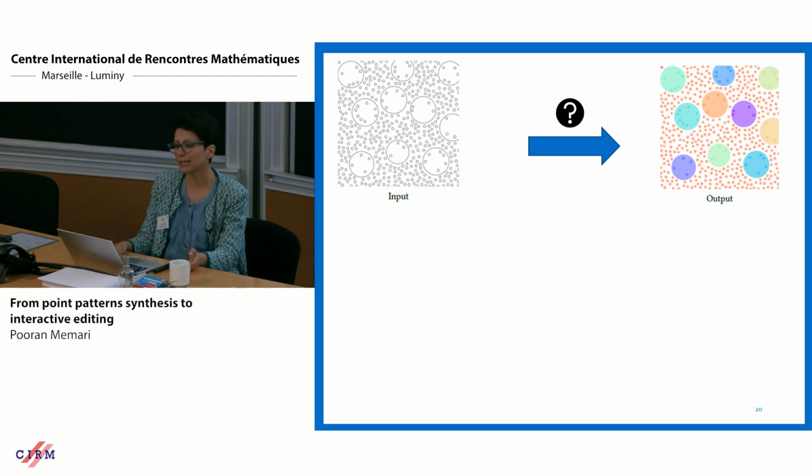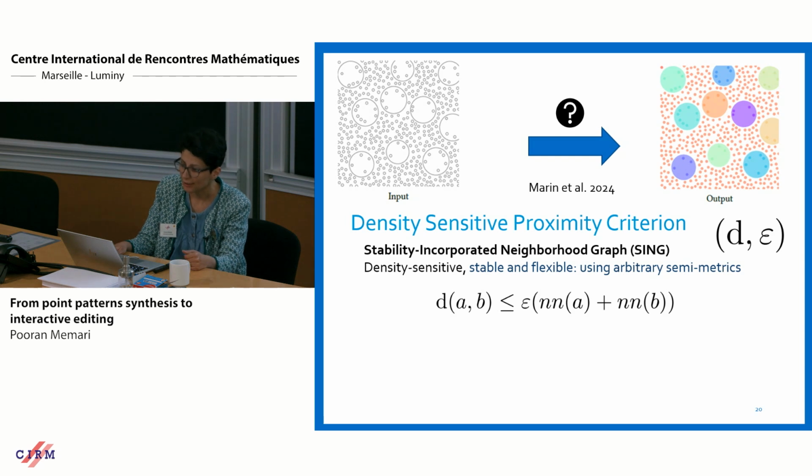Again, for example, in this context, using the metric that we have developed, is there any clustering algorithm that would allow us to do it? For example, a density-aware clustering technique would work here. We have shown that, surprisingly, at least in this context, the ones that we knew are not really able to do it. So we had to come up with a solution, and it's a work that I cannot present here. It will be presented in 1 month at SIGGRAPH Asia, so it's a very new work that we have done.